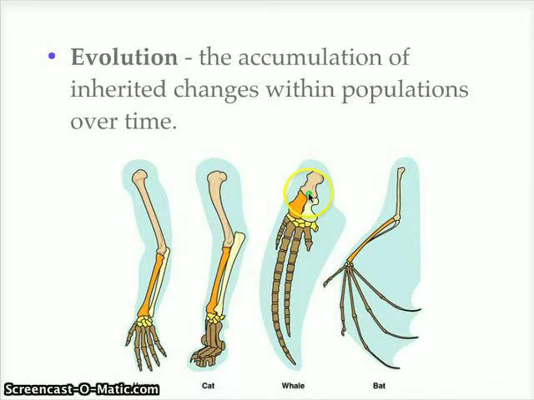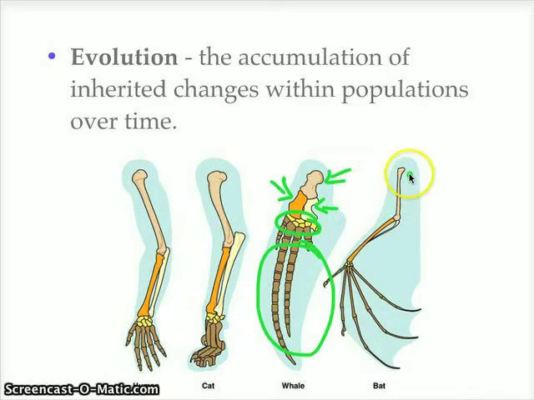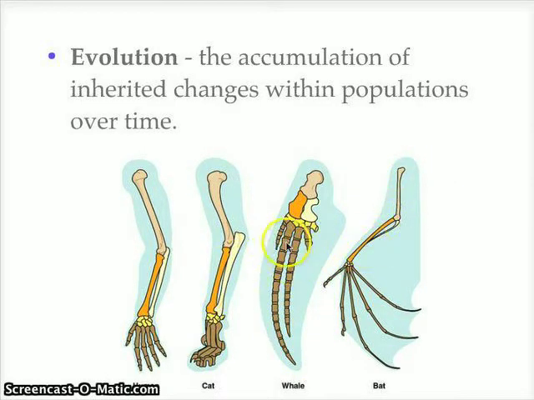Well, these other ones have very similar structures. So they have the radius, the humerus, the ulna, the carpal, and the phalanges. And the phalanges are here, and very similar to the bats also. The phalanges are basically your fingers. So we got 1, 2, 3, 4, 5 phalanges here on the whale. They should have colored this one the same color as this. But that's just an example of what changes evolution can occur, and what types of organisms